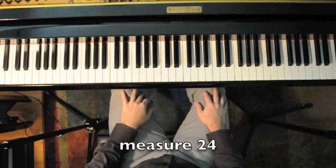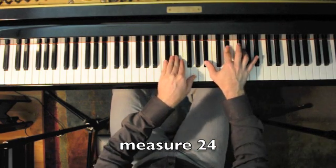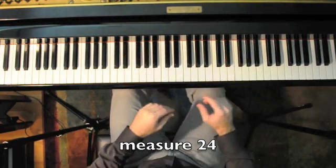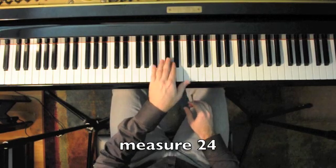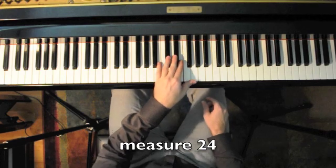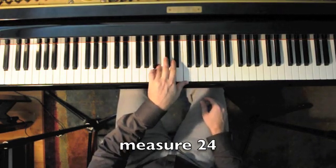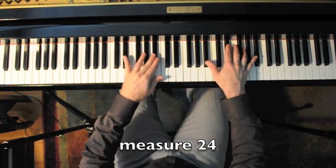For measure 24, I just wanted to briefly talk about, I use my 4th and 5th finger for this part, so don't use 3 and 5. You got to be really light and use a lot of pedal. And remember, you want to hear the melody, those dotted quarter notes with the stem upside down. So that's what you want to bring out. Sounds something like,